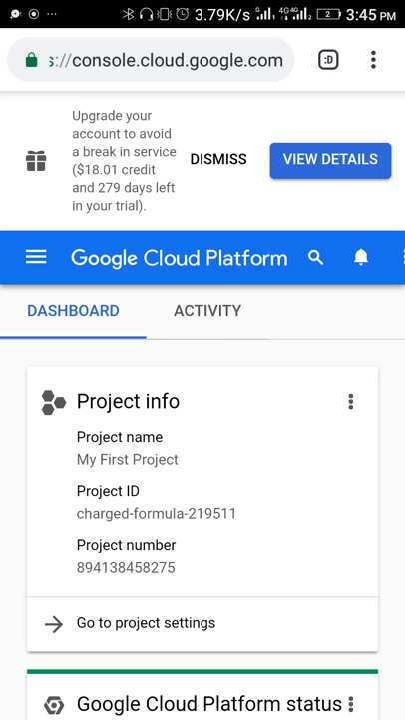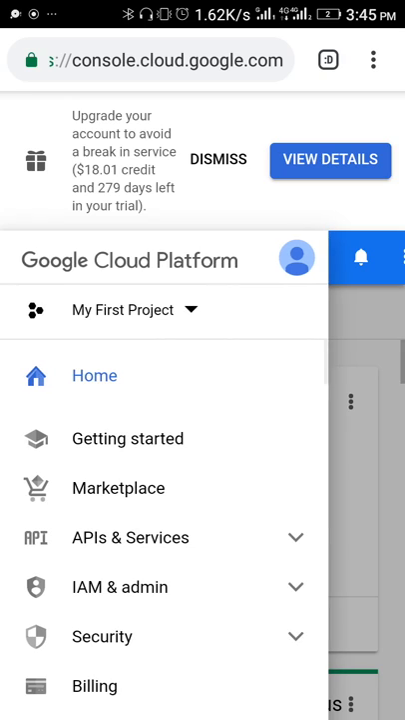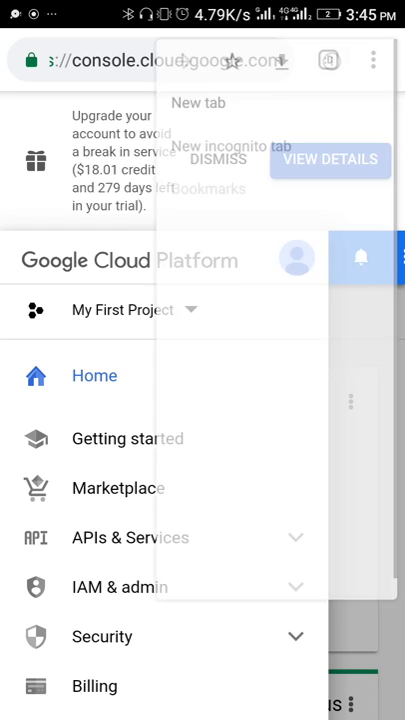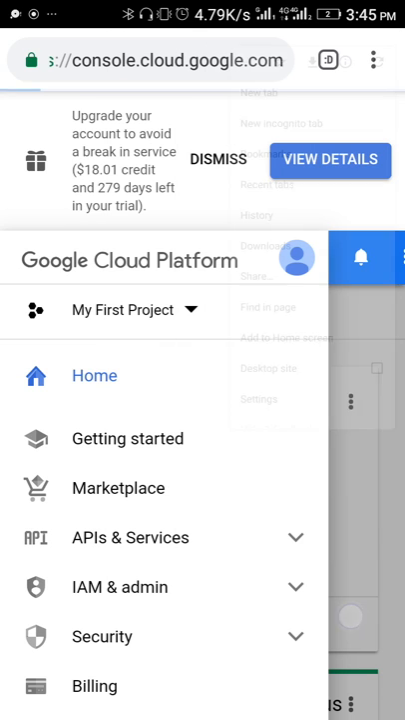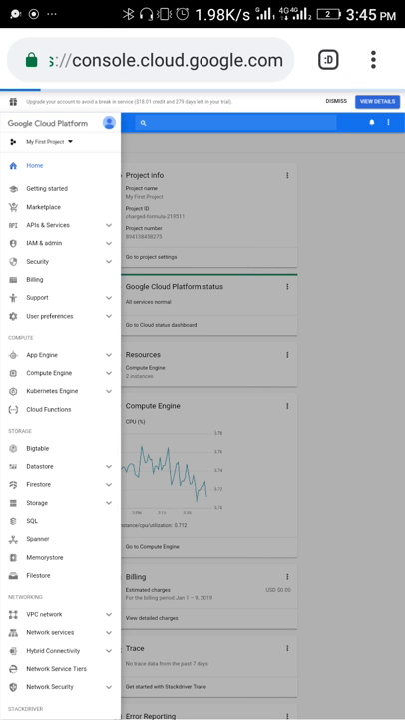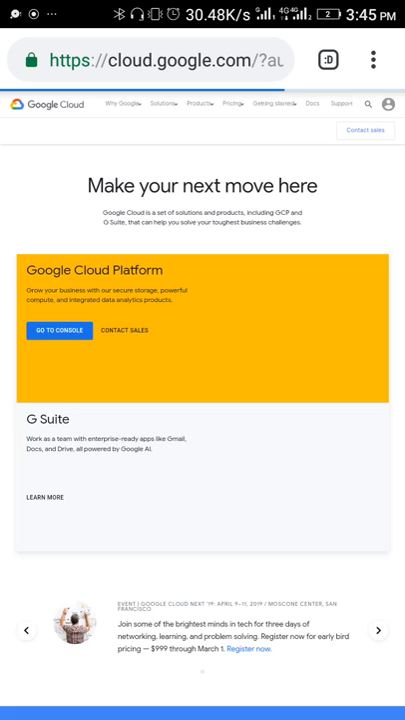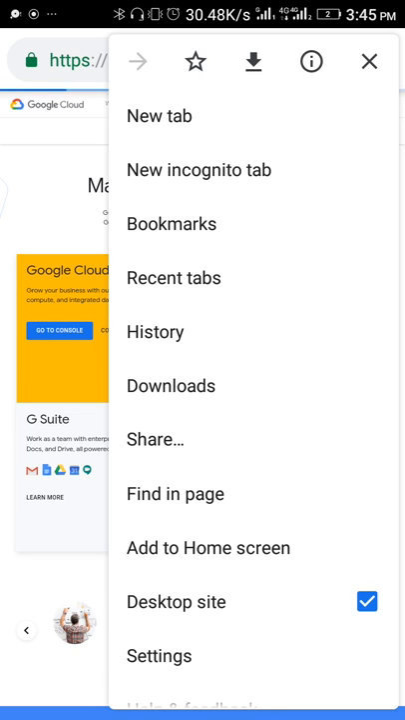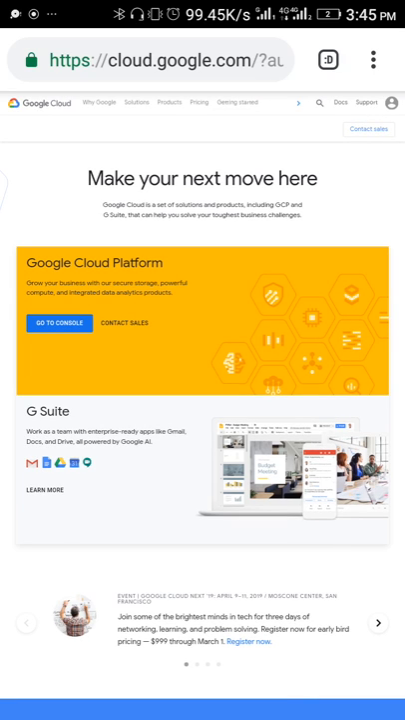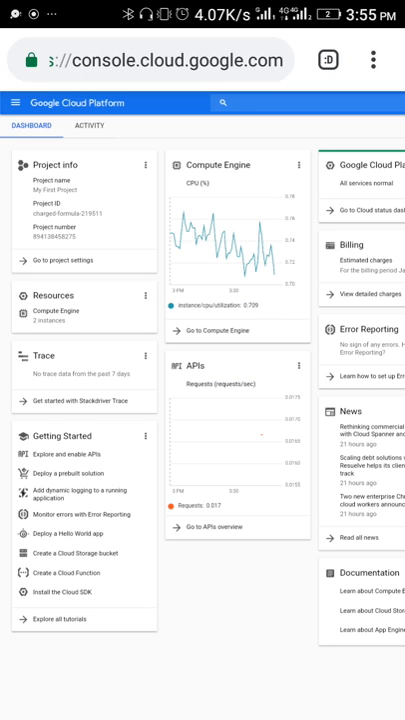So once you are here in your Google Cloud dashboard, just click the menu here. I will recommend, if you are accessing this Google Cloud platform for the first time, you should click on option and click on this desktop site. Okay, if you are on mobile. If you are on desktop, then no need. So you click on option,